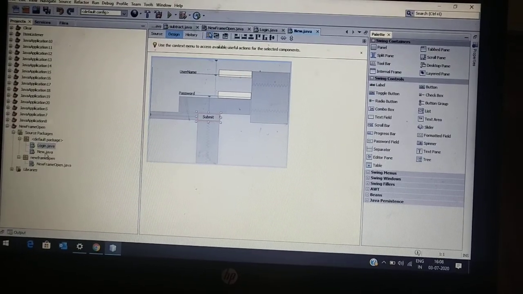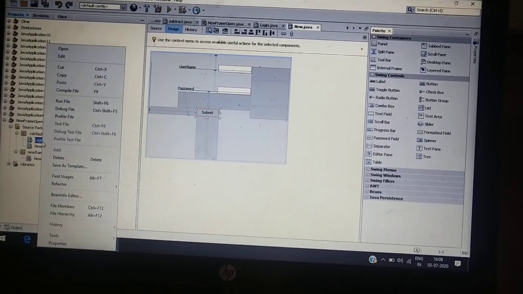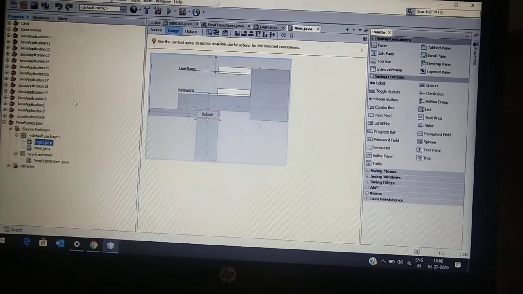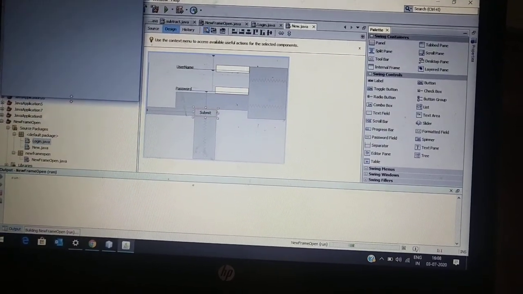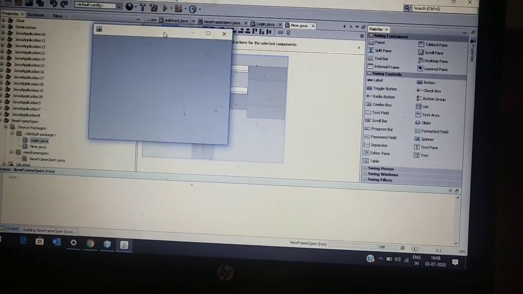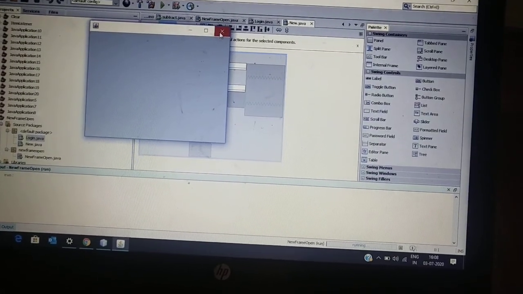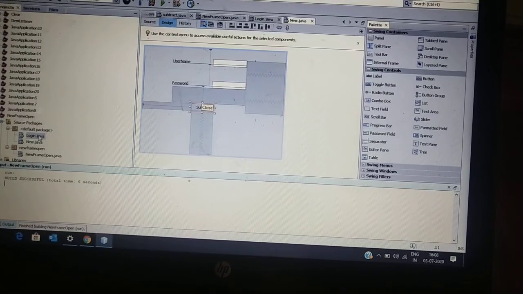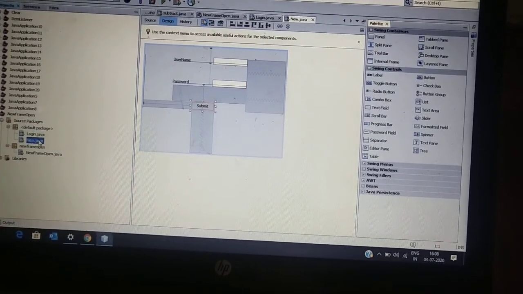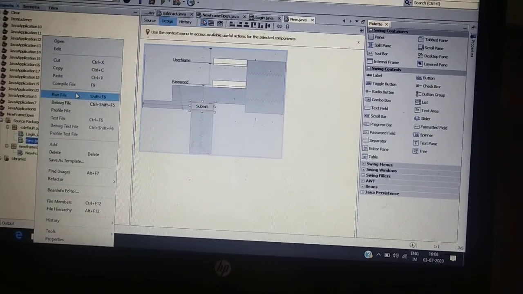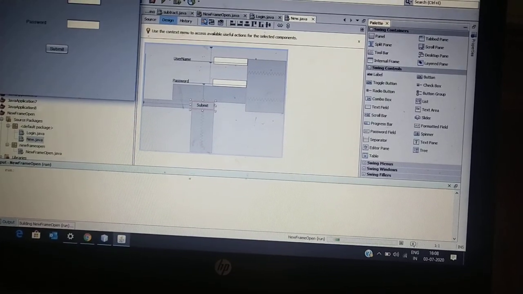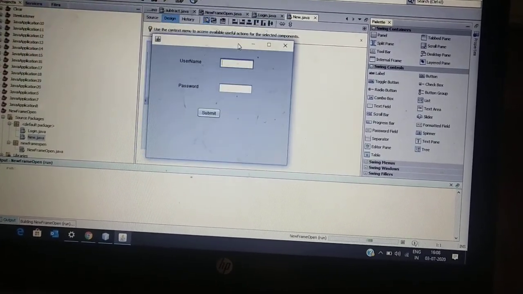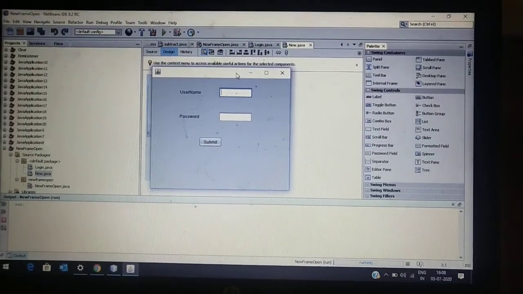We will see how this frame looks. We'll run the login file, and you can see that this frame is opening, but currently it is not showing anything. Let me check what I had done. Okay, I had done the coding in the new frame. By mistake, rather than doing the coding on the login frame, I had done it on the new frame. So that is okay.